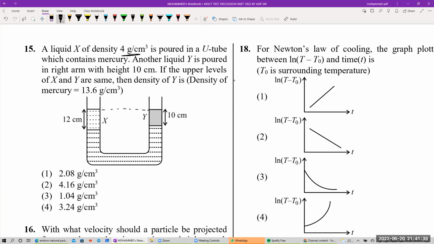अगर दोनों के upper same हैं तो यहाँ पर pressure हो जाएगा atmospheric pressure plus इसका distance। यहाँ पर कितना है बेटा, right now 12 सेंटीमीटर, तो this will be equal to 12 into ρ। इसकी density कितनी है? 4 ग्राम पर सीसी, that will be equal to 4g into 12 हो गया। So this will be ρ h g, that must be equal to